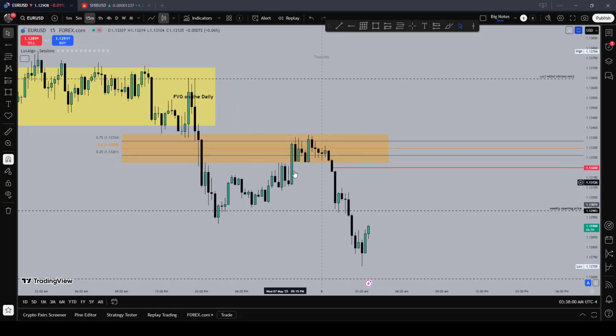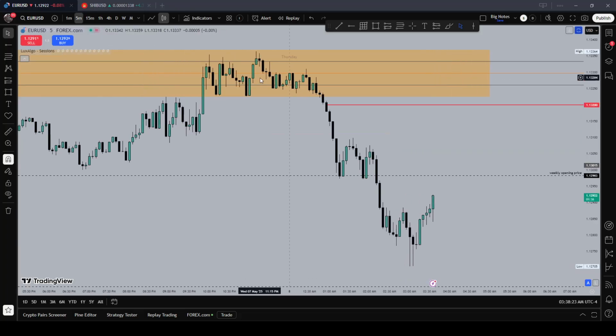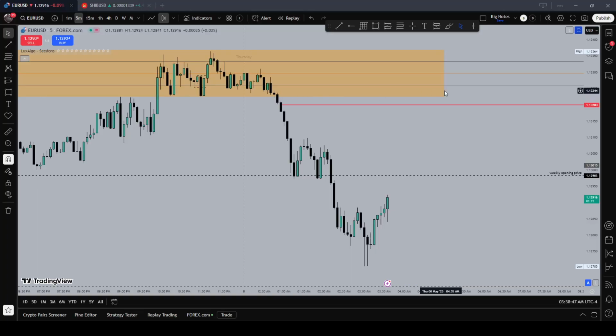Tokyo session led us back into a premium. There, price was hanging around and respecting that 50% level. There, you could see price as a breaker. This low took out this low, and this high took out these highs. You can zoom in for a better visual right there, and right there. Swing high, swing low. You could also use this as a swing low. So right here, this 4-hour gap,